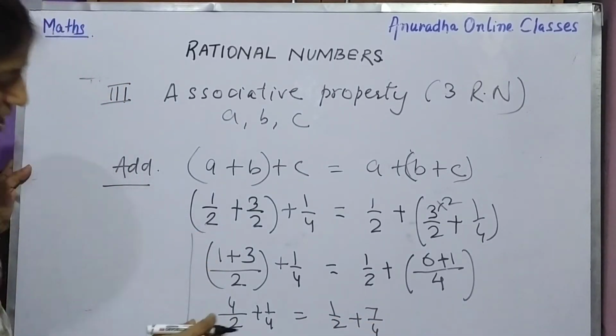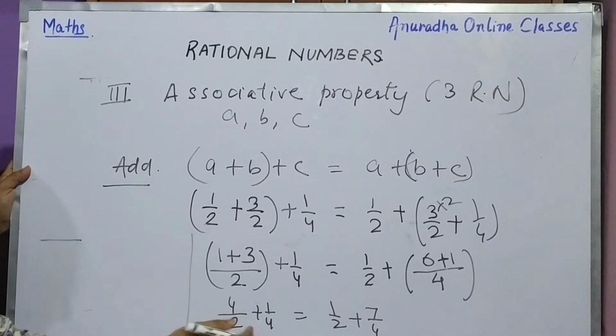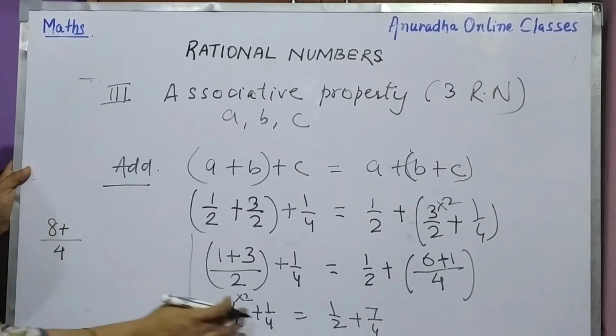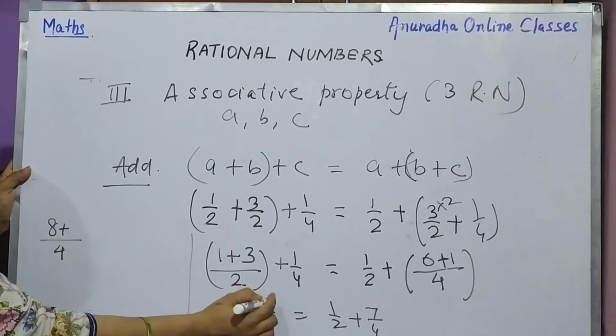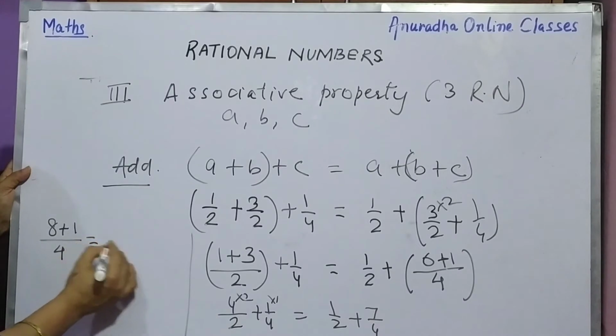So let us see. Here I have taken the LCM of 2 and 4. कितना आ गया? 4 आ गया. ठीक है. 2 कितने से 4 होता है? 2 2s are 4. So here into this, 4 2s are 8. Plus अब देखेंगे, 4 1s are 4 होता है. 4 1s are 4, means into 1 this one. Okay. So you will get here.